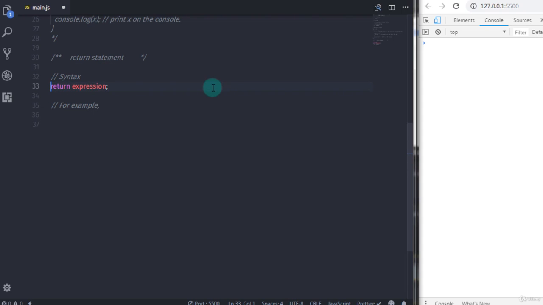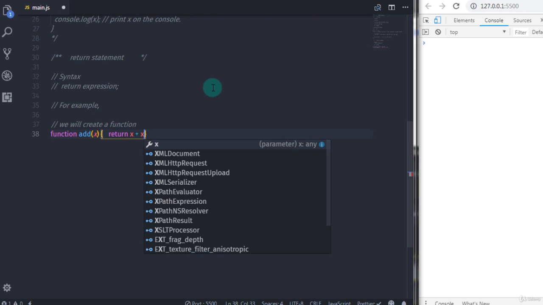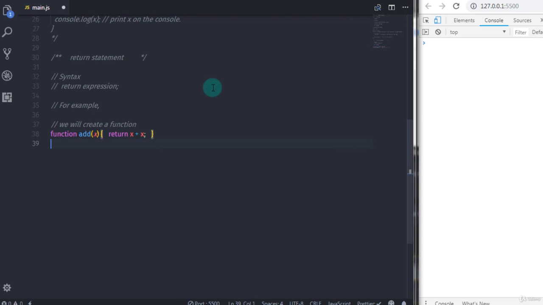For example, to create a function, I will say function and then specify the name of that function. After that I will specify the parentheses, and in those parentheses I will specify an argument. So I will say x here, and just after that I will specify the body of that function. In the function body I will specify the return statement with the x plus x expression. So here I will just return the addition of two equal values. Just after that I will print the value on the console. So I will say console.log,